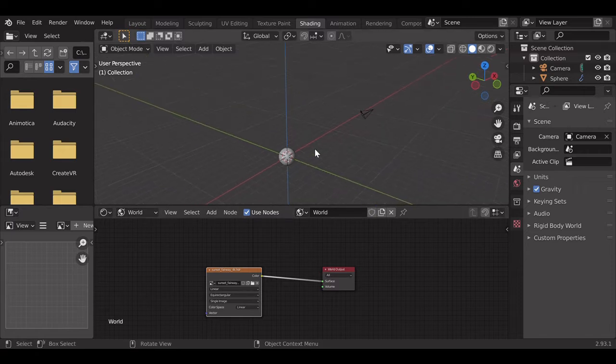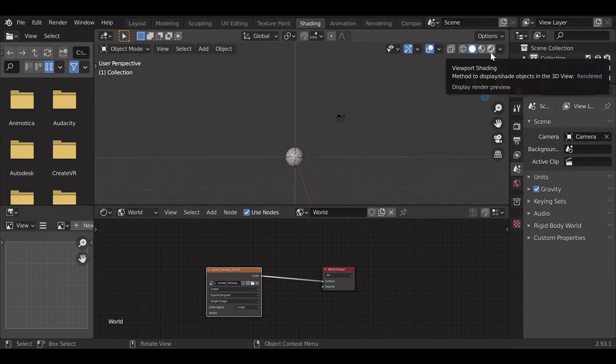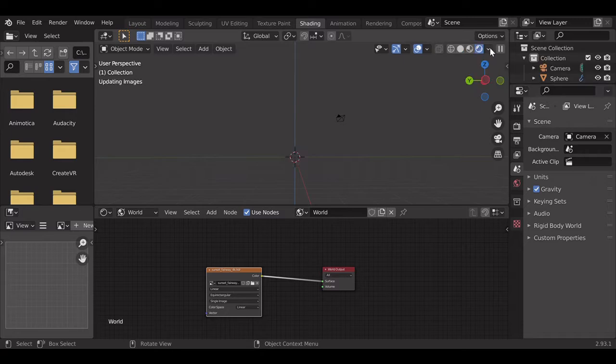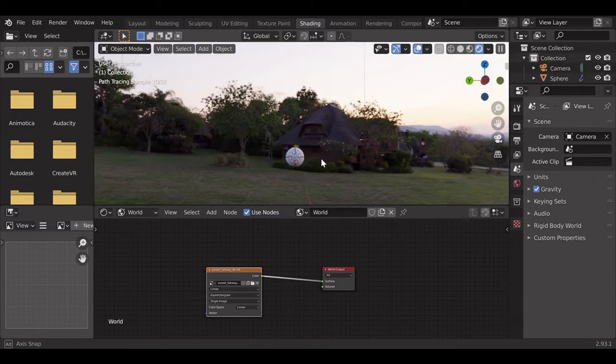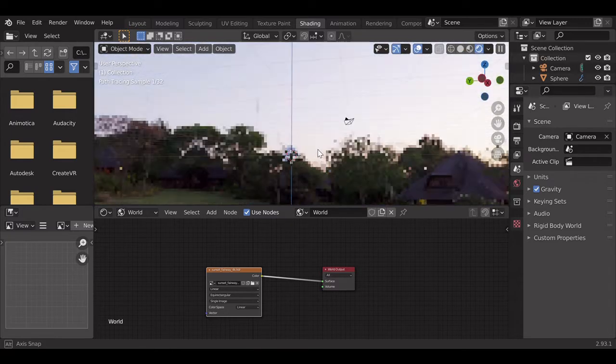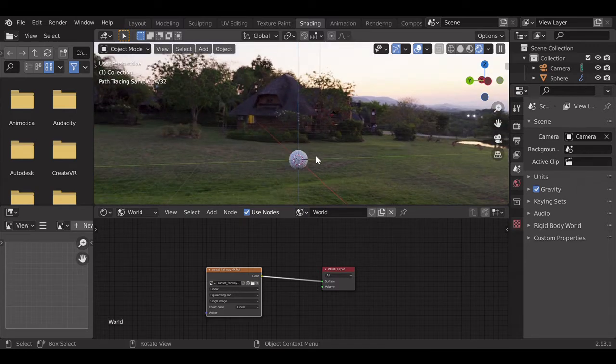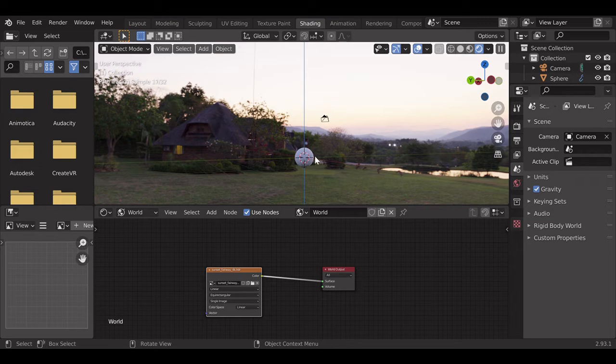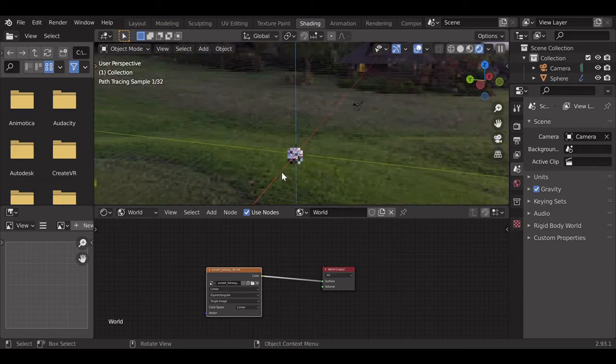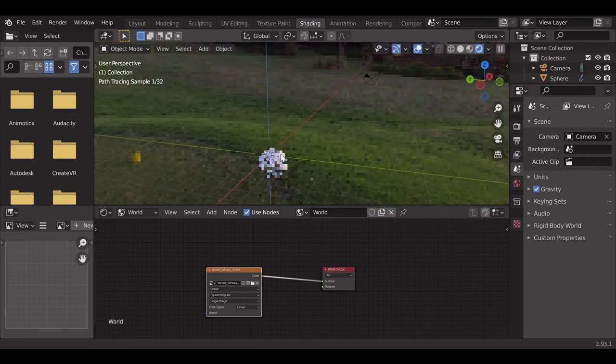As we have seen, we have removed the light out here, but we can't really see any change. That's because we're still in this viewport. We want to go on to the rendered viewport. So I'm just going to switch to the rendered viewport. And as we can see, now our background has its own lighting. I've removed the light that I had placed here, and all this light that you're seeing is all coming from the background.